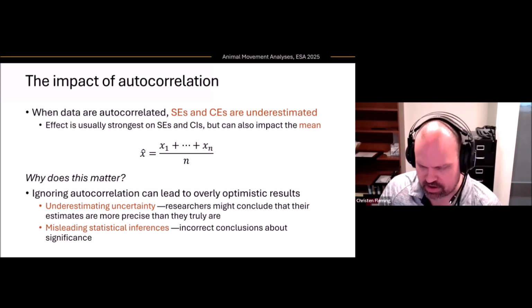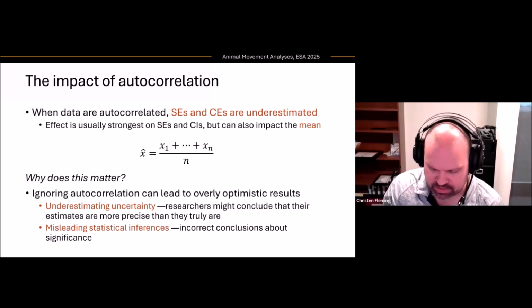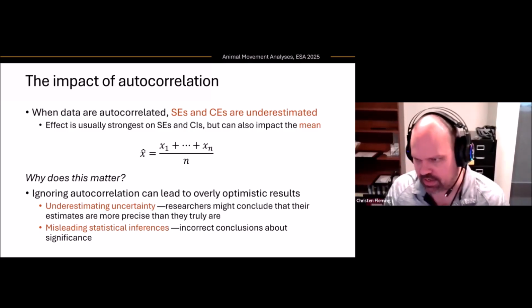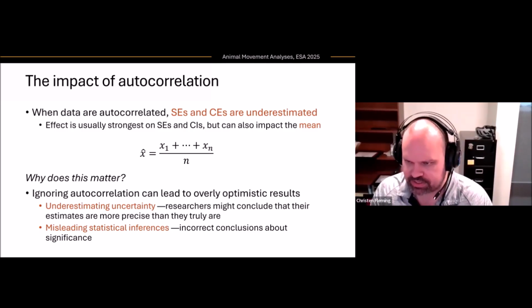But there are cases when you're not doing a linear regression or something that's linear like that, where the autocorrelation also has an impact on the point estimate itself and not just the uncertainty. So you can get incorrect conclusions because of the bias or because of thinking that your estimate is much better